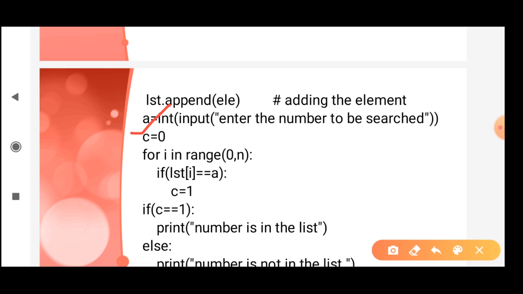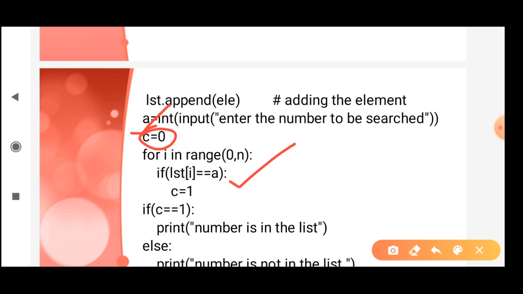Either the item will be found in the list, or the item will not be found and you will move to the end of the list. If the item is found in the list, then c is equal to 1. And if there is no perfect match and the item is not found in the list, then c will remain 0 as it is assigned here.